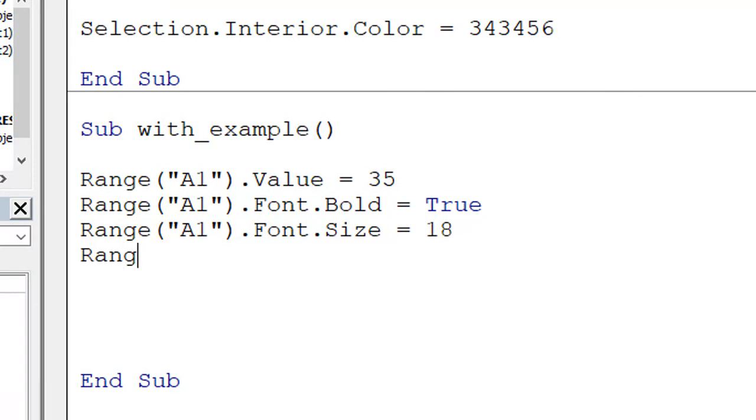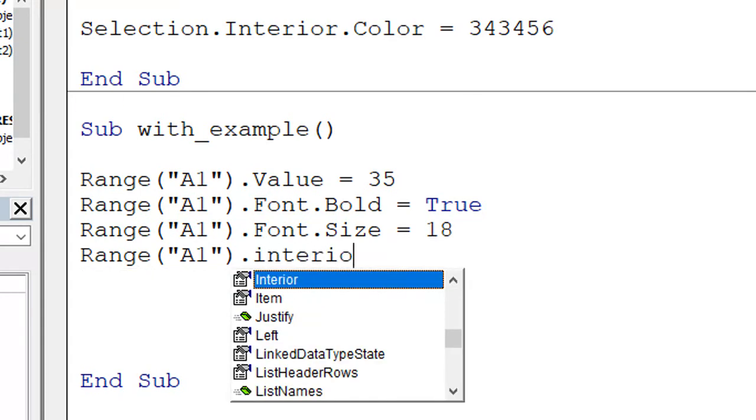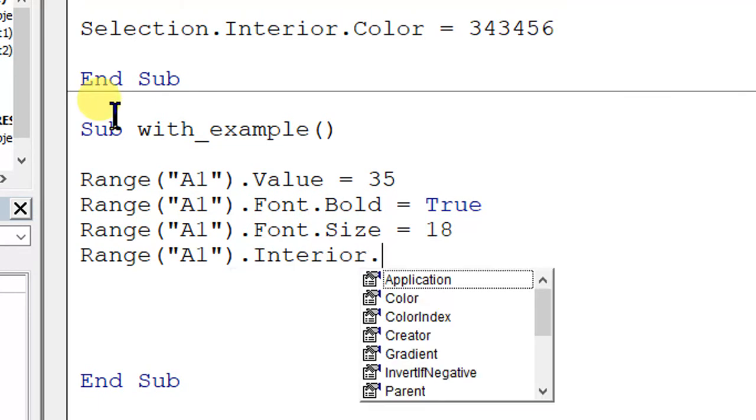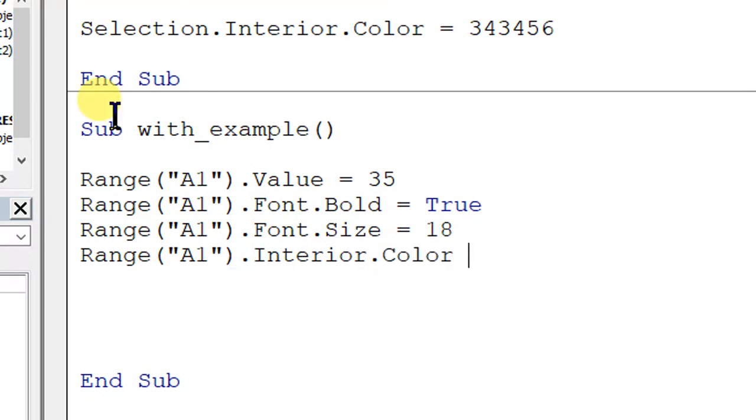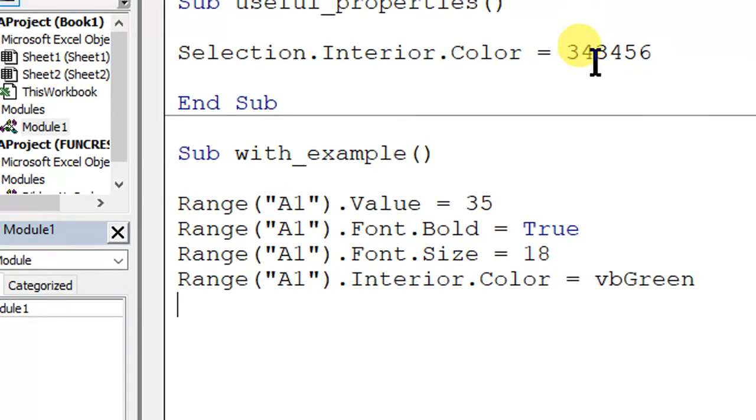Now again Range("A1").Interior.Color = vbGreen. VBGreen is another way of writing the color. We'll talk about colors later on, but you can even write a numeric code like 3436.